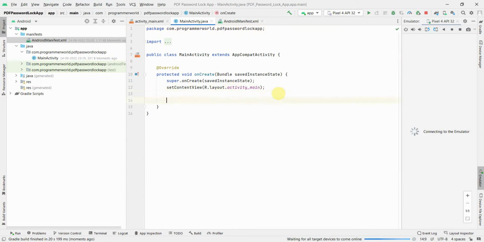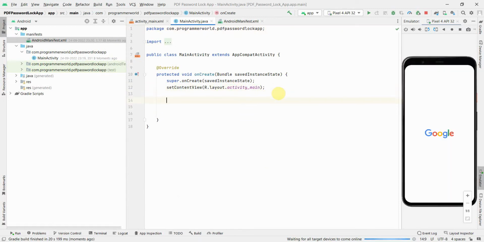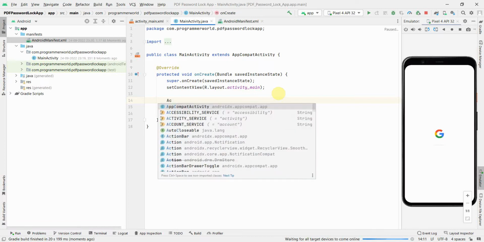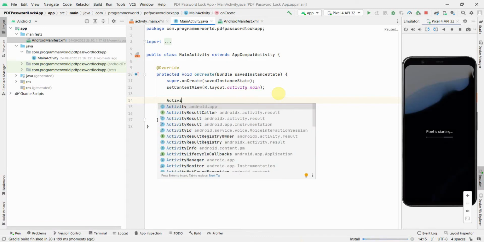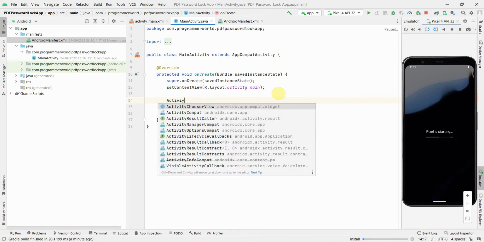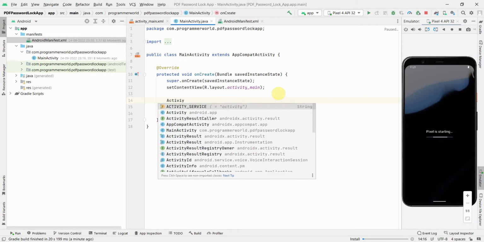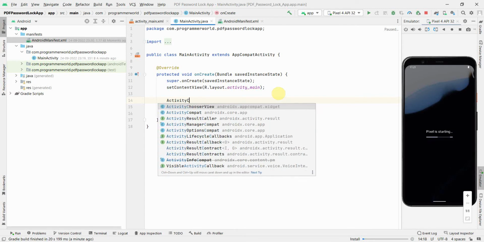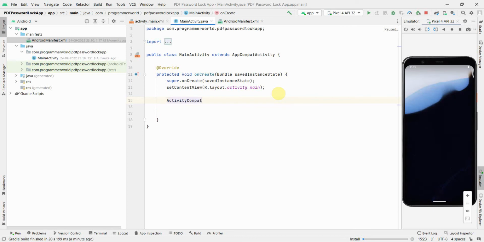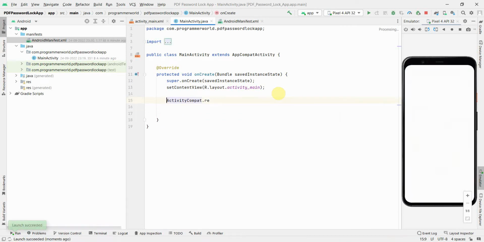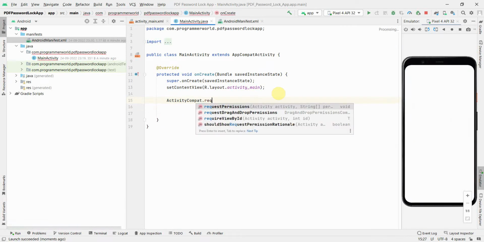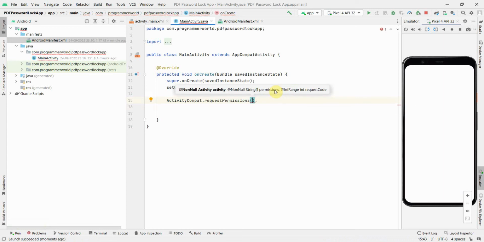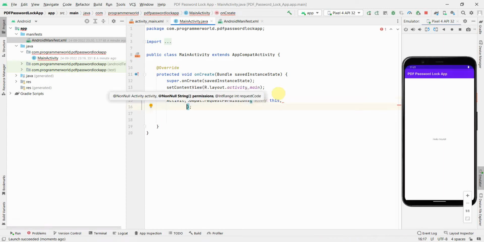And also in the Java method, in the onCreate method itself, we'll ask the user for the access. So the permissions for those we can ask here. What we can do is use something called ActivityCompat.requestPermissions. And then in this, of course, the first argument will be the activity, which is the current activity, and then